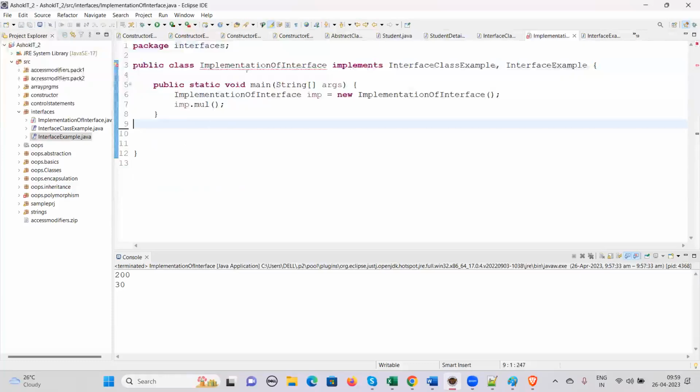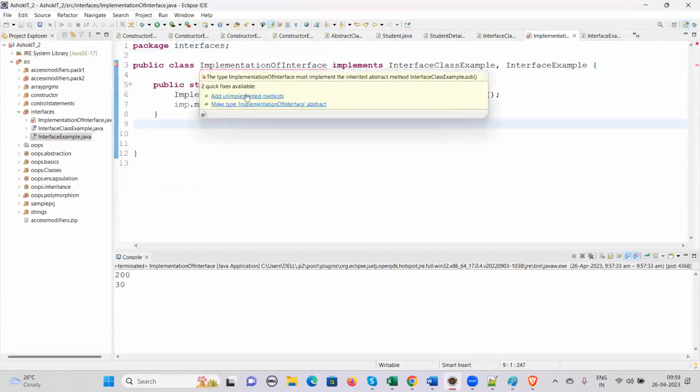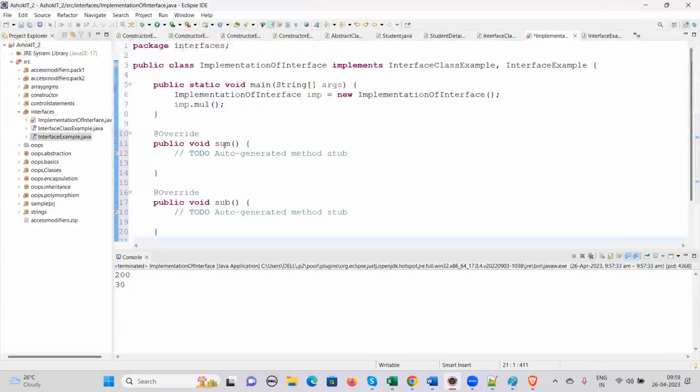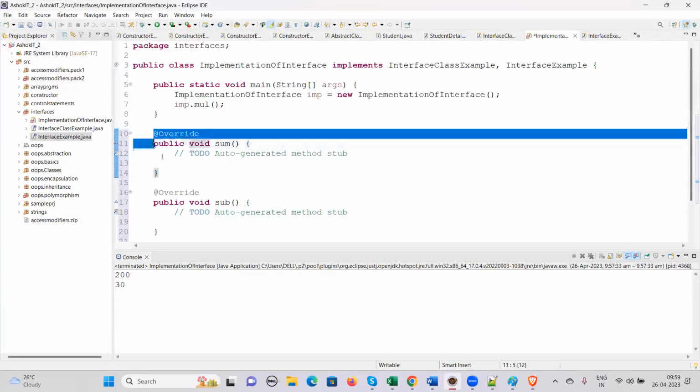It will ask you to implement. See, add unimplemented methods. When I just click on it, from where is it coming now? Someone say implementation of interfaces. Whichever interfaces, see, it is coming from implementation of interfaces because we are overriding it. But if we are trying to